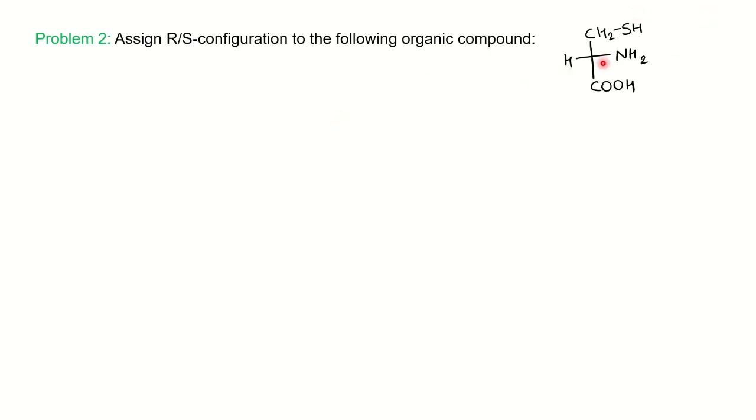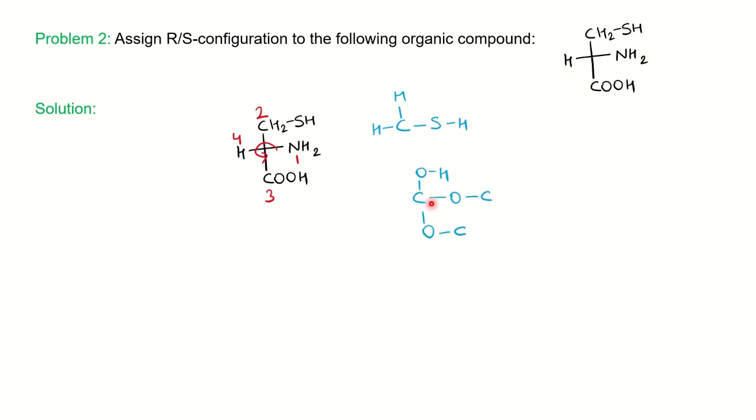Okay, here one problem is given. You have to find out the RS configuration. Again, stereogenic center, all 4 different groups. Prioritize: nitrogen will be given 1 compared to carbon. And then which carbon should be given 2 or 3? You can see here the carbon is attached to 2 hydrogens and then 1 sulfur and hydrogen. So basically this carbon is having 1 sulfur here. If you look at this carbon, it has 1 OH group attached and you have C double bond O. So the carbon is attached to 2 oxygen and each oxygen is attached to the 2 carbon.